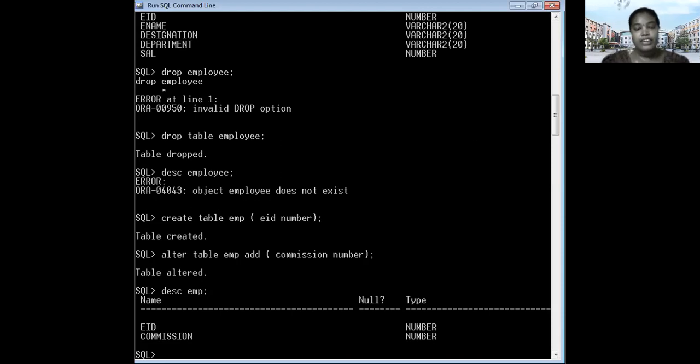If you want to rename a column, add a column, or increase the size of a column type, these are all performed by using the alter command.